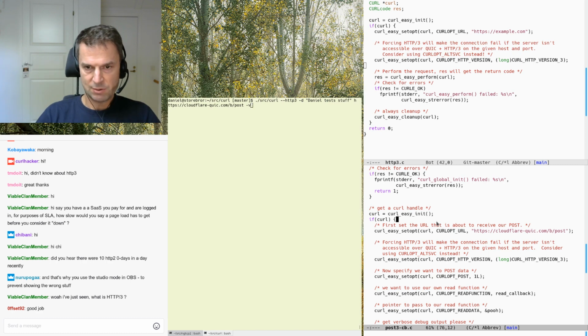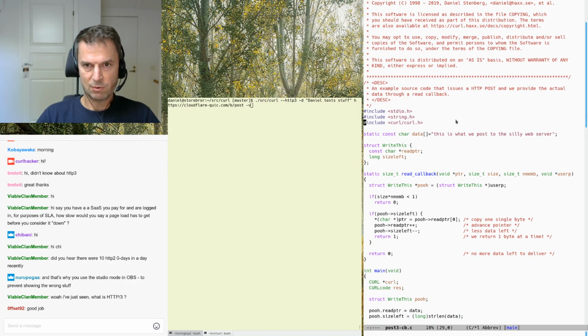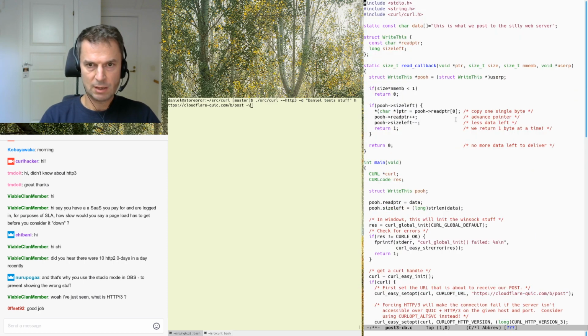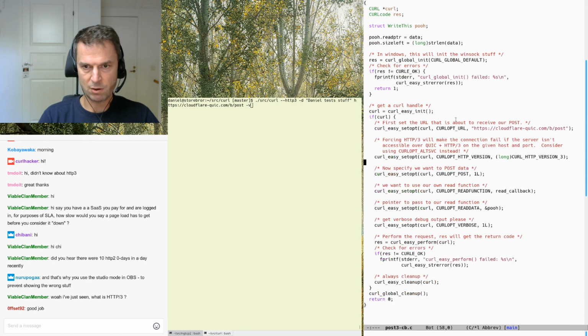But okay, so once again, I'm going to cut off my example header to make it smaller and easier. So now we have 84 lines of code. This sets up a post to this URL, uses this HTTP version, posts from the callback, and verbose. And then I'm going to set up my build to actually also work so that I can build this